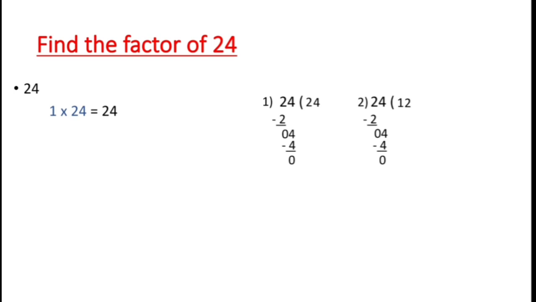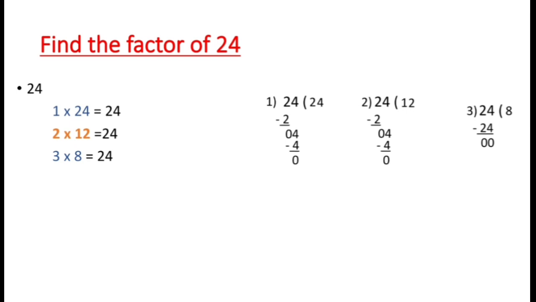How many times we get? 2 12s are 24. So here 2 and 12 both are factors of 24. Now let us check whether 24 is divisible by 3 table or not. Do we get 24 in 3 table? Yes. 3 8s are 24. The remainder is 0. So we can write as 3 into 8, 24.